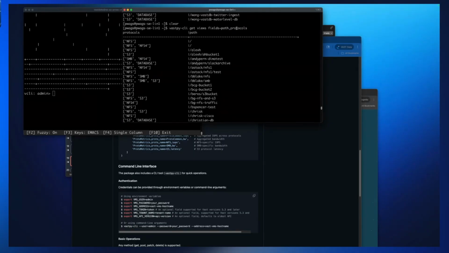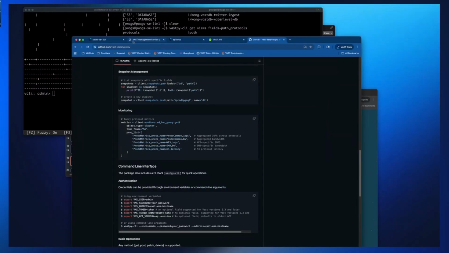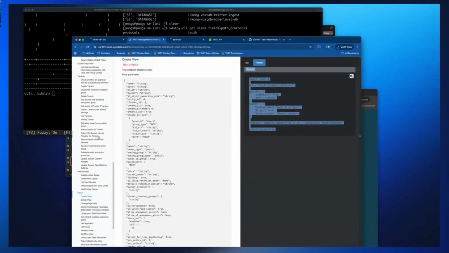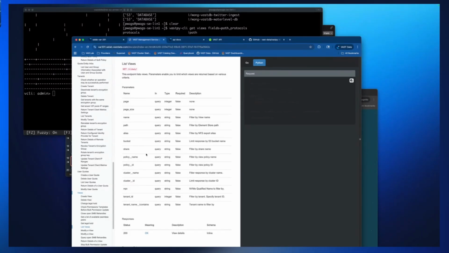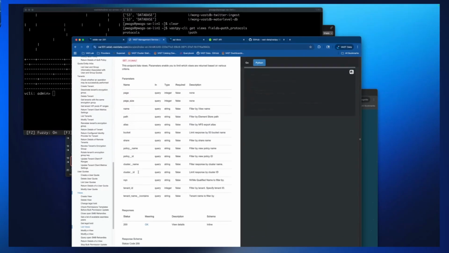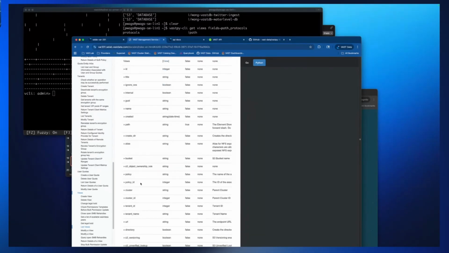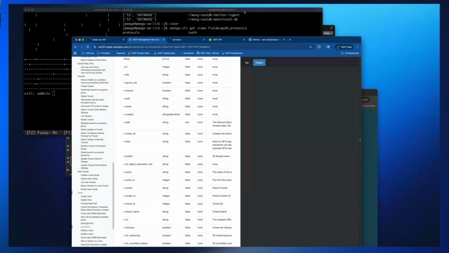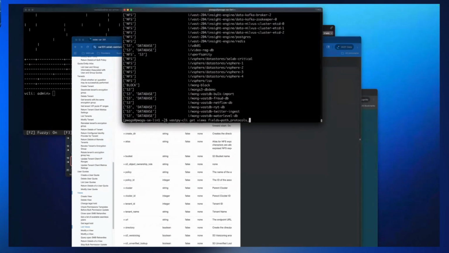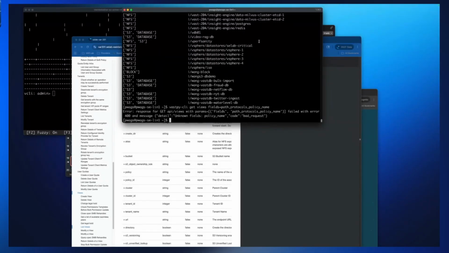Let's say I wanted to know what the view policy is for this. Well, I'm not sure what the API says for this, so let's take a look at the API interface. We're going to look for views. I'm going to do a list views here, and it's actually going to be policy name. So I can show policy ID or policy name. If I do policy name protocols,